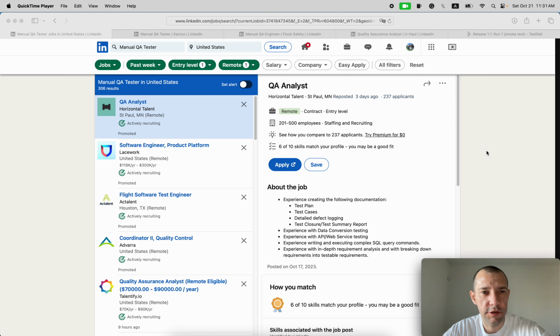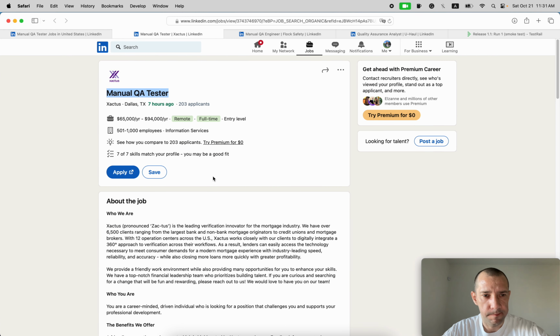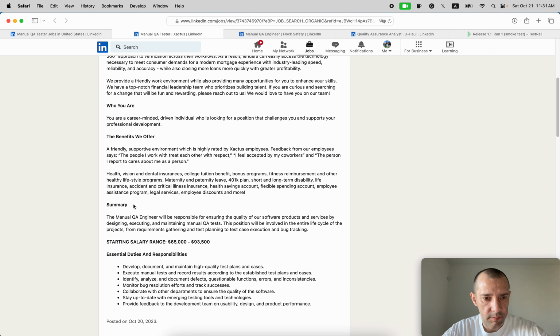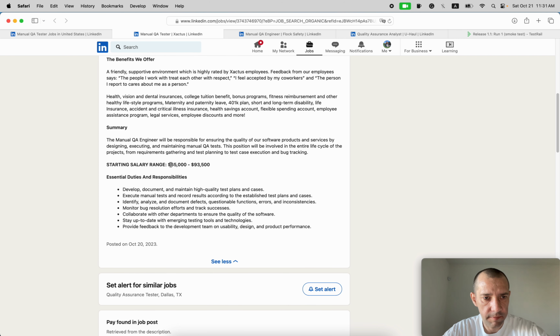So I found a couple of positions on LinkedIn. And today I'm not going to talk about QA automation positions, because it's kind of raising the bar for the entry-level positions. So let's start with manual QA position requirements. The first one is this one. So here it goes: company description, benefits, starting salary,